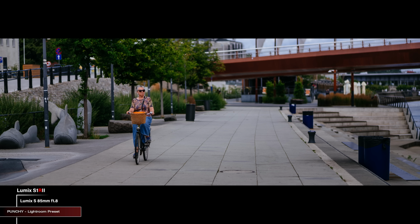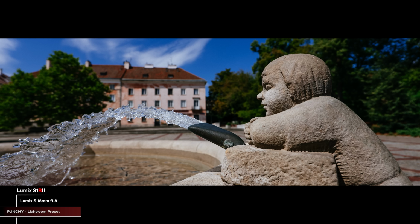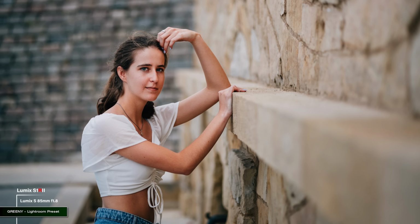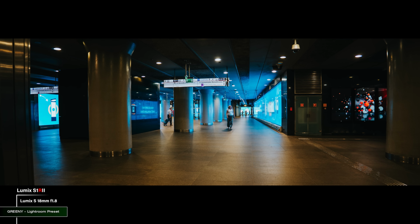It has never bothered me before, but I kind of like it. It makes you think differently how you frame the image to get that wide-angle look. Using this camera for photography is an absolute joy. It's just something special. It's not just how it feels in your hands and the ergonomics, it's the images it delivers,